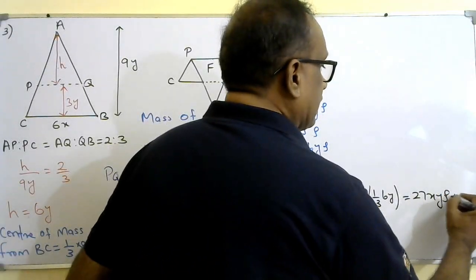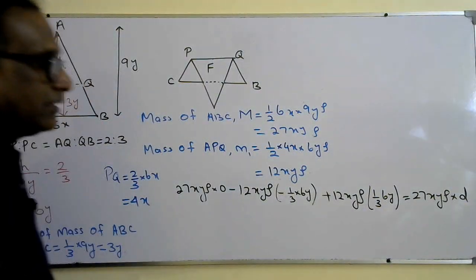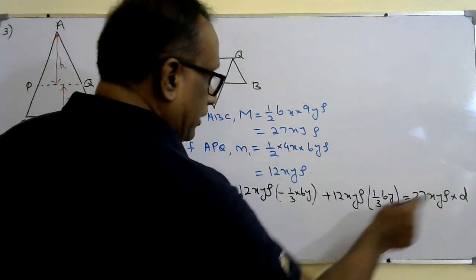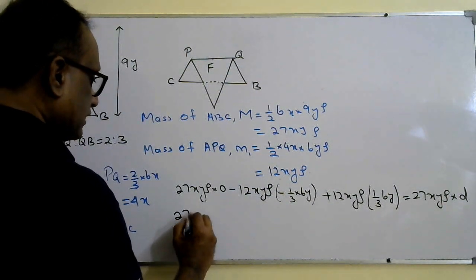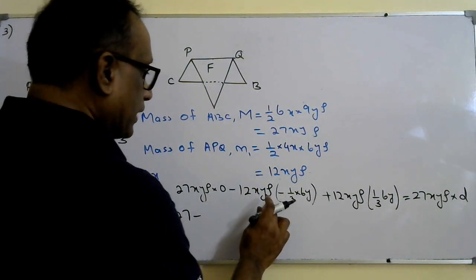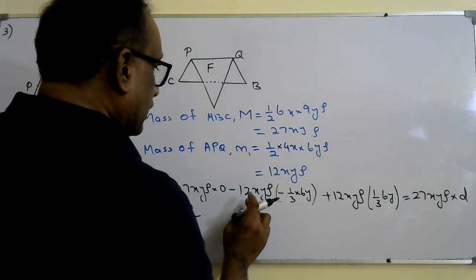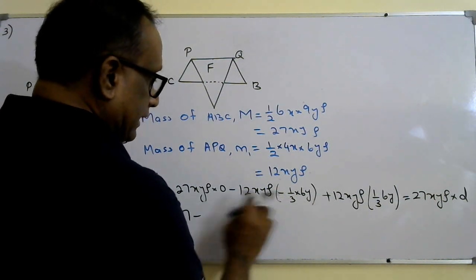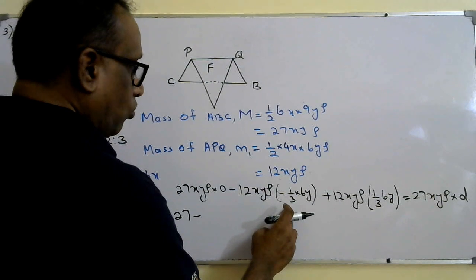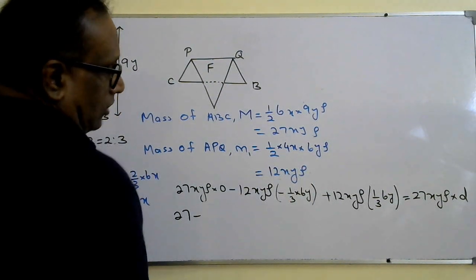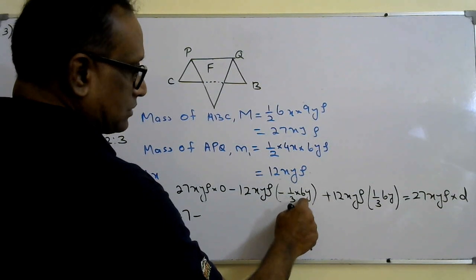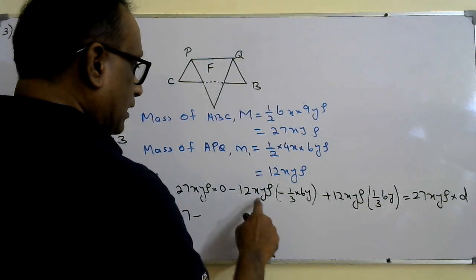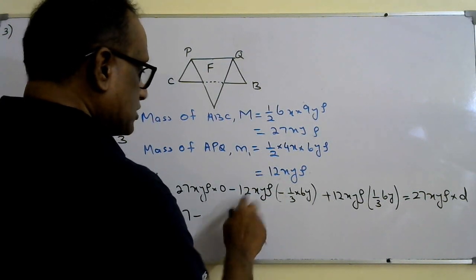So it's positive, times D. We need to find D. Solve it and you'll get D. All the xy rho will get cancelled. So here 27 minus xy rho got cancelled. Here minus into minus plus, 3 into 12, 4, 1/3 into 12, 4, is it? 4 into 6, or you can say 2 here, 3, 6y here 2. We'll divide the whole equation by xy rho, so that's going to be 2 plus 24